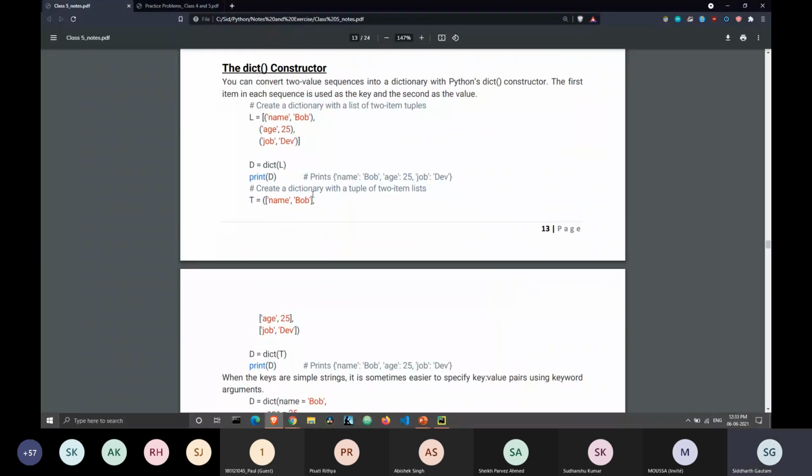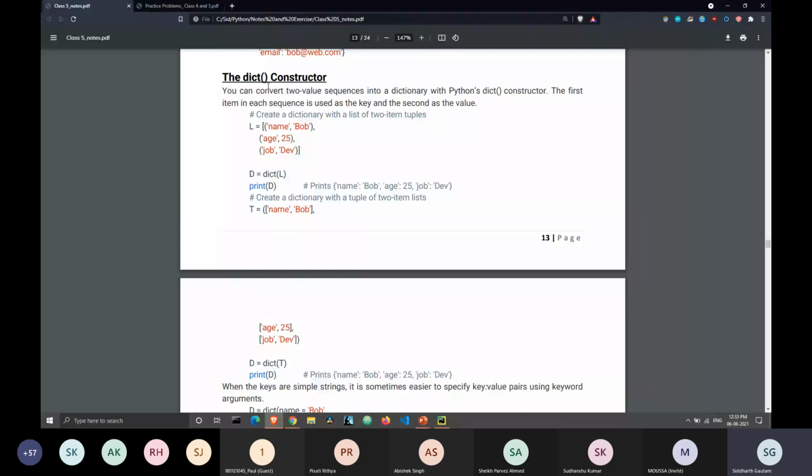And here we have the dictionary constructor, which means you can change a list into a dictionary, but you can only do it when the format of that list or tuple falls into the criteria of a dictionary. You cannot take any kind of list and convert it. Only special kinds of lists can be converted. I want you all to experiment with it and see how that functions.